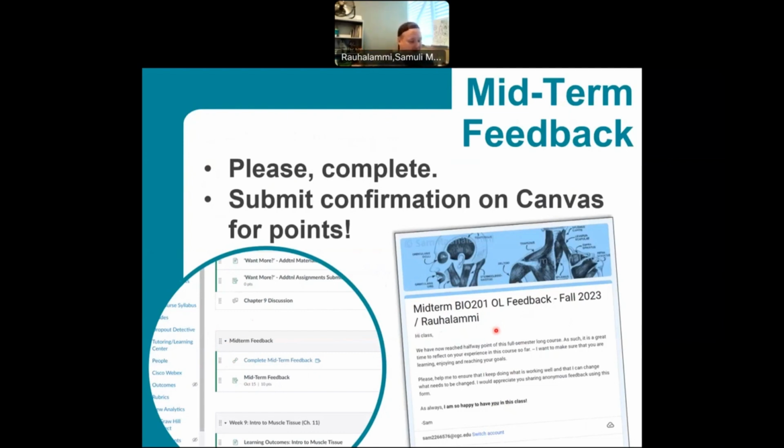Grab that picture, or if you're not able to do it with your computer, one of the simple things you can do is take your mobile phone and literally take a picture of the screen that you're working on. It doesn't have to be high quality, high resolution. I'm just looking for some kind of confirmation that you submitted that survey.